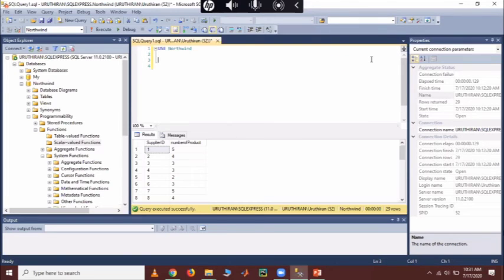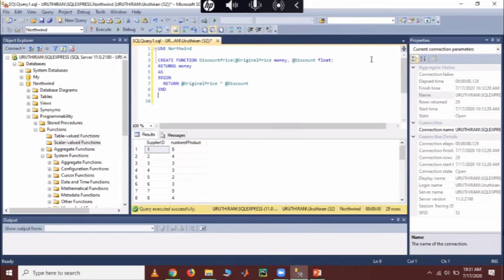We are going to create that function under the Northwind database. Incorrect syntax. Okay, I want to refresh.